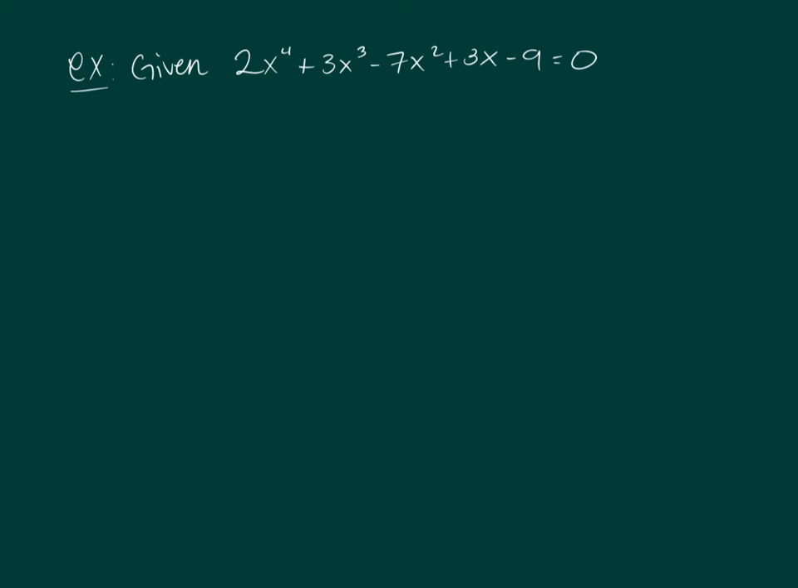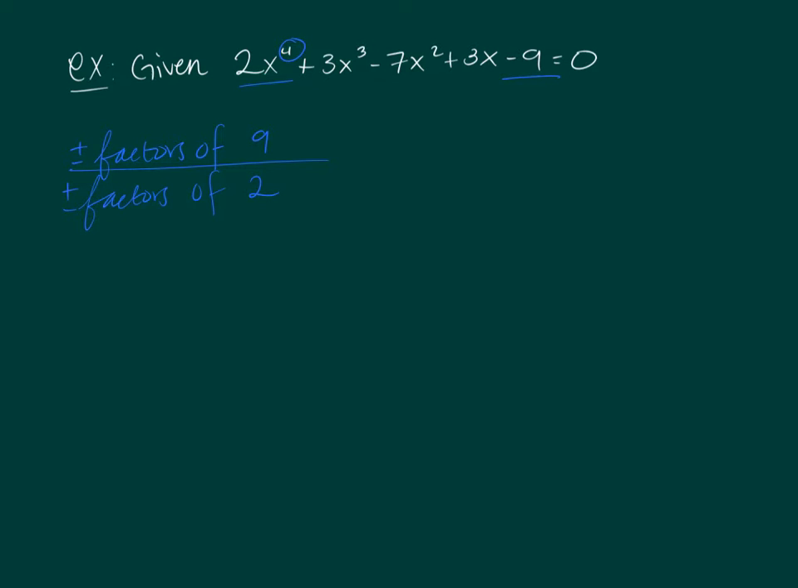My example on the screen is 2x to the fourth plus 3x cubed minus 7x squared plus 3x minus 9. My highest degree's coefficient is 4, right there. So my denominator of my formula is going to be the positive and negative factors of 2. And then my constant, or last term of my polynomial, is -9, but we really just want the number, not the sign. So my numerator is going to be plus or minus the factors